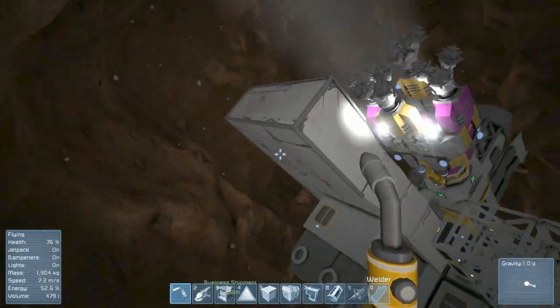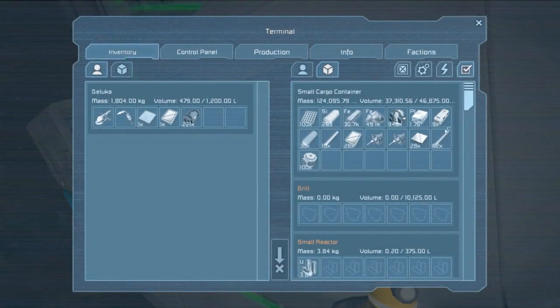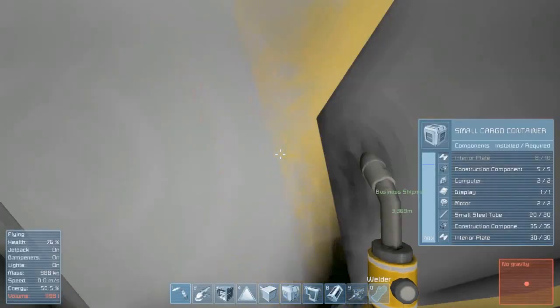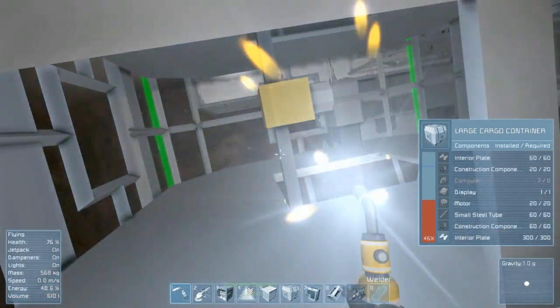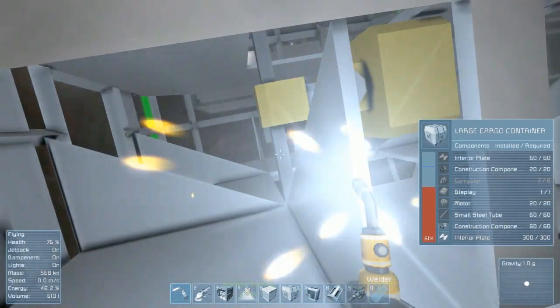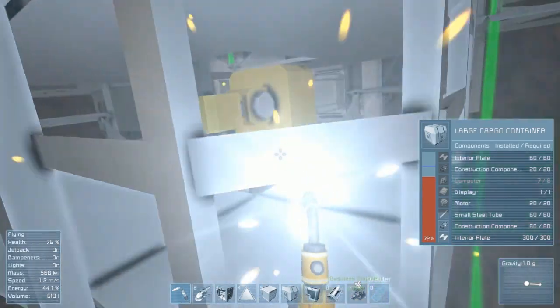Small scale. All right. I have some small scale tools. What else? Computers and interior plates. I got lots of interior plates, and I build lots of interior plates and lots of construction components because it takes so long to build. So that's all I've done since we've been away, is just build some of this other stuff. And I have not messed with the survival settings or the creative settings. I have kept honest during this whole thing. I thought I got computers. Am I crazy? Well, maybe I can't place that last...